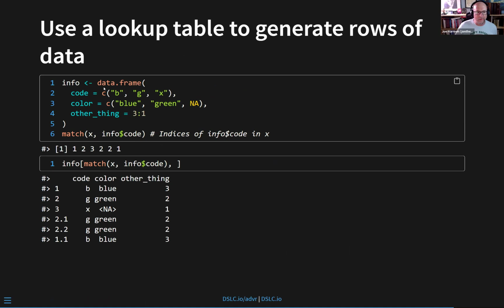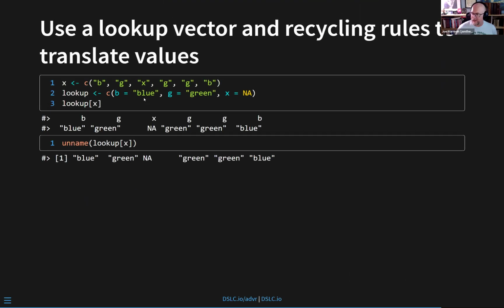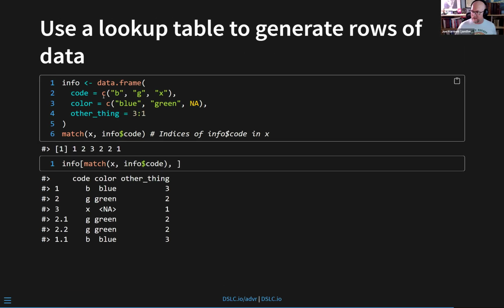Likewise, you can translate. You can have a full lookup table, not just a lookup vector, that has all the information about the thing. And so we had that X, which was again BGX GGB. And we can just say match that X to that code value. It will give us indices: 1, 2, 3, 2, 2, 1. And since we saw that indices still work in subsetting of data frames, we can say I want info with those subset rows and all of the columns, and it'll give us our funky